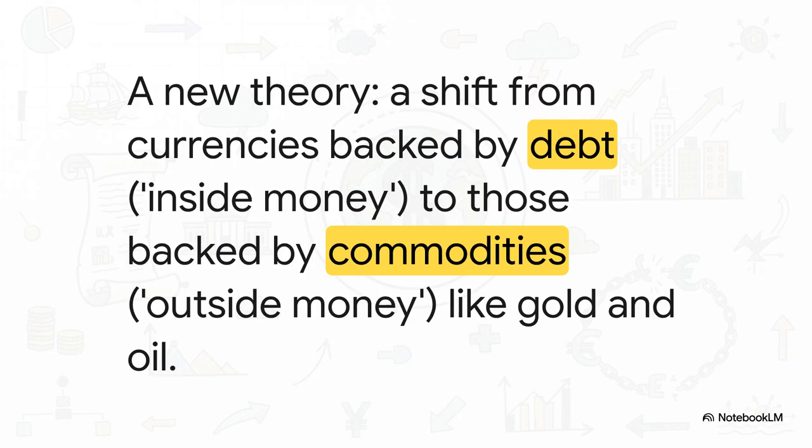And all of this has led some analysts, like a guy named Zoltan Pozsar, to argue we're witnessing the birth of a whole new system, something he calls Bretton Woods 3. The core idea is that after seeing Russia's reserves get frozen, countries will no longer trust currencies that are just backed by another nation's debt. Instead, they'll start demanding currencies backed by real stuff, by commodities. Imagine a world where currencies are backed by gold and oil again. It's a pretty radical idea that could change everything.